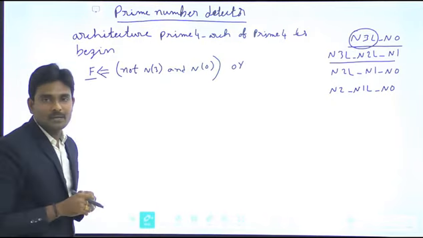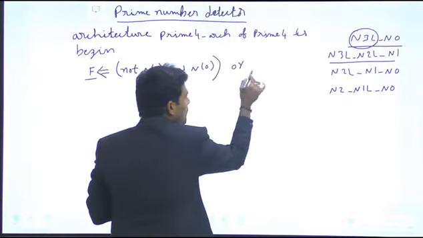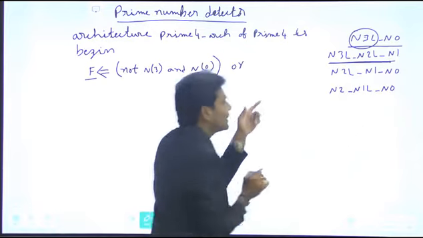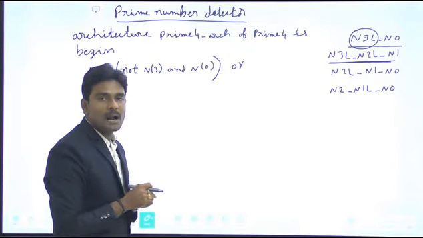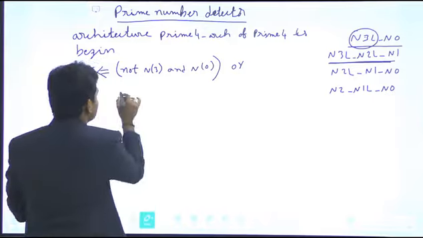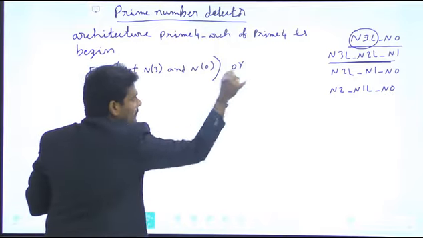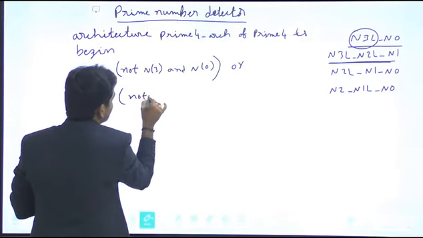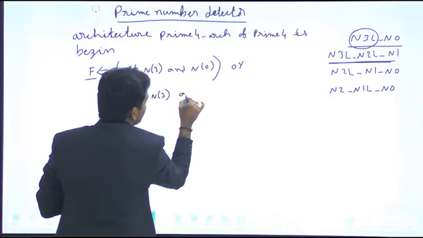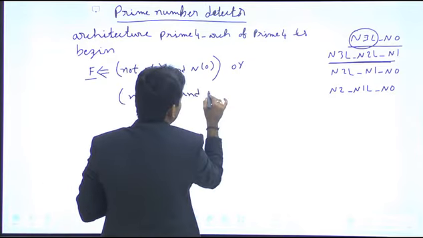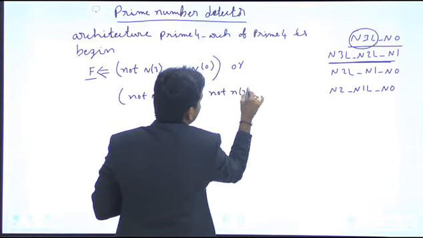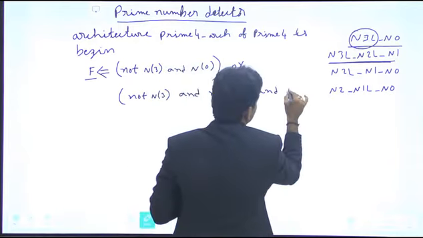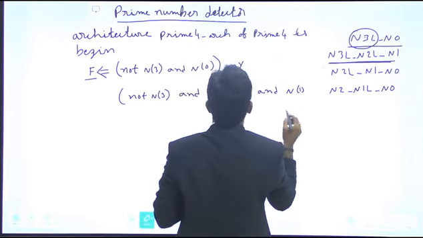This is the first input for that particular 4 input target. I am supposed to perform OR operation with the remaining 3 inputs. So now I am going to consider the second one. The second one is n3 bar and with n2 bar and with n1. So I am supposed to write that next, as a continuation. So n3 bar, that is not n of 3, and with n2 bar, not n of 2, and with n1, that is n of 1.